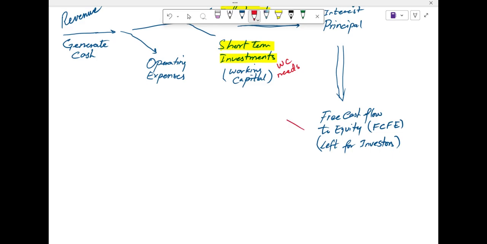They can either return cash to shareholders in the form of dividends or share buyback,